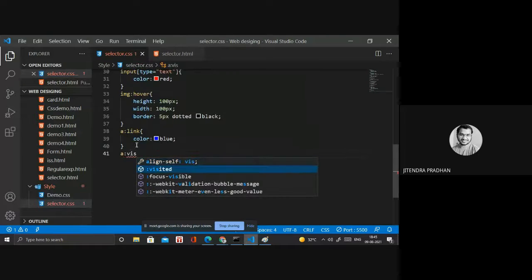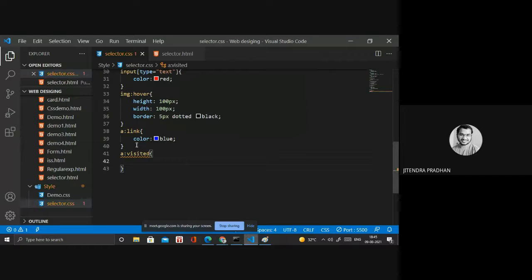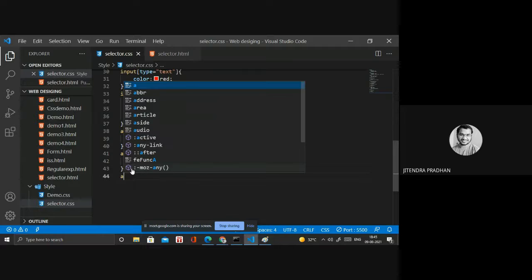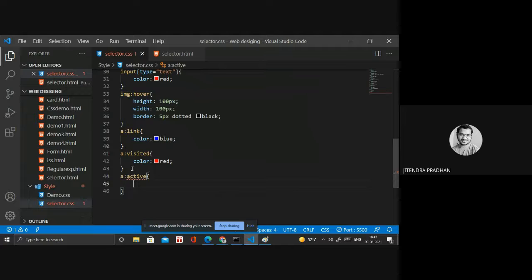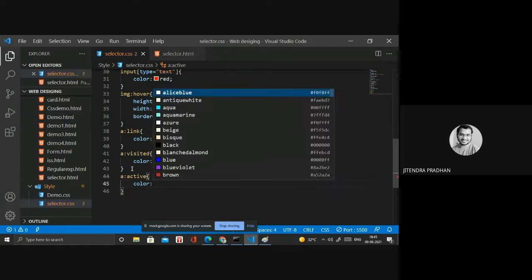Let's see how. When I visit it, the color will be defined as red. And we have active, which means when I click that particular link, it will be active. The active color will be shown as yellow.